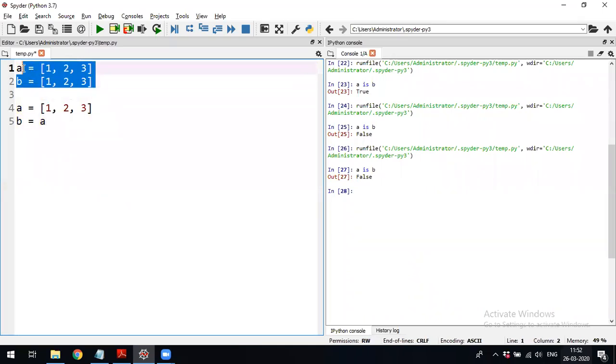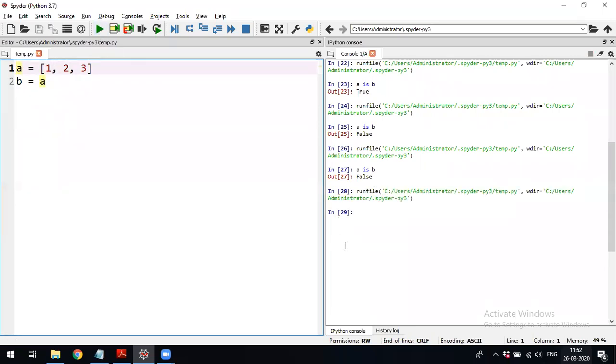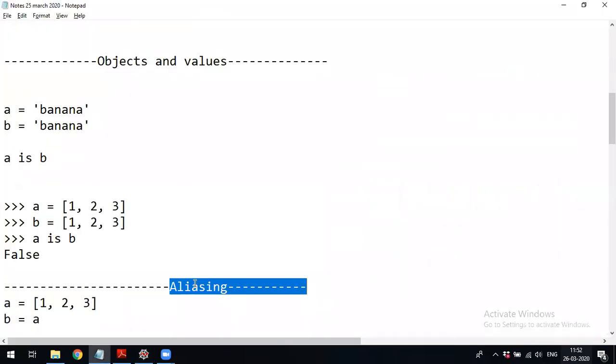Now, if you check whether A is B, it is true. Why? Because you have given another name for A, that is B. That is called aliasing. Now both A and B references point to a single list.